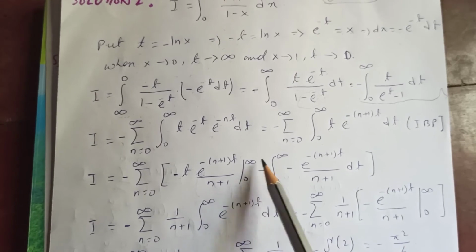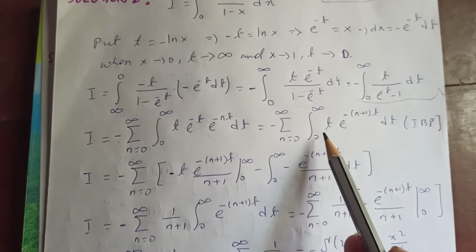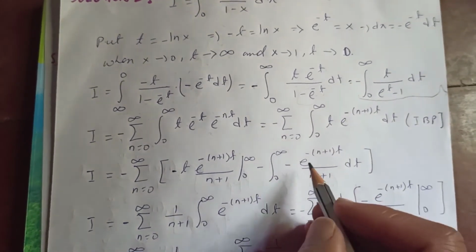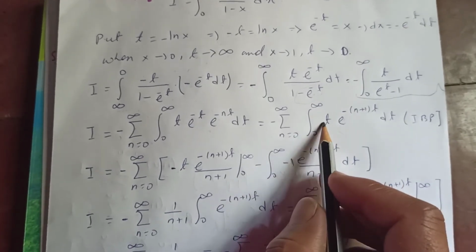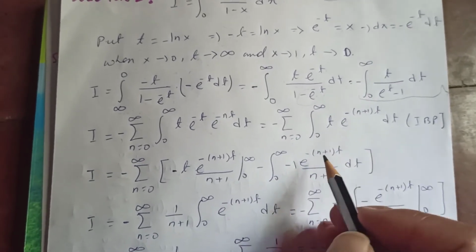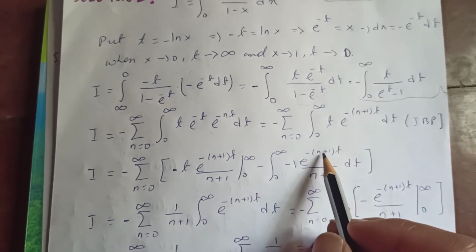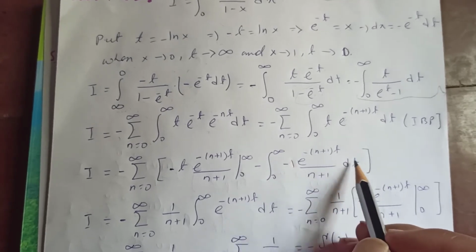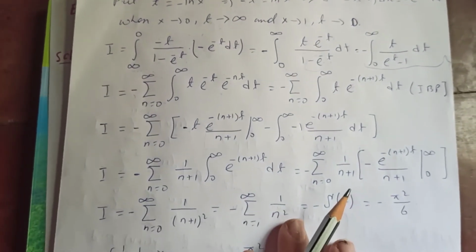So integrate from 0 to infinity, minus the integral from 0 to infinity, and the differentiation of t is what? Just 1, right? I have not written it here. Just 1, okay? Differentiation of t with respect to t is 1, right? And the integration of this part is e to the negative (n plus 1) t upon n plus 1 with a minus sign here, dt. This minus comes from the integration by parts formula, okay?